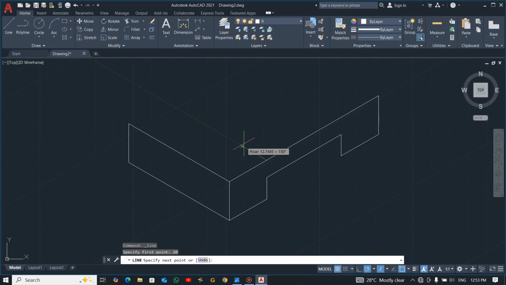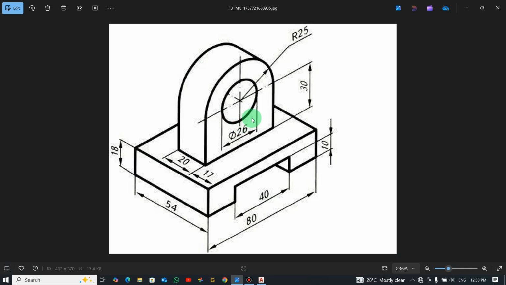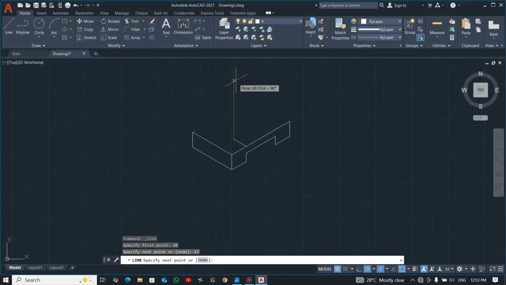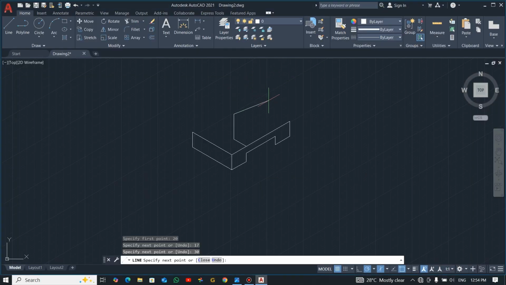Okay, and then you move to this direction with your green line, 17. Good. So this is where you're going to start drawing this thing. The height you can see is 30, so just move up 30, you press enter, and then you go to this direction. Now if you watch, the radius for this bigger circle is 25, so the diameter will be 50. So just move in this direction, iso right 50, you press enter, and then you come down 30,